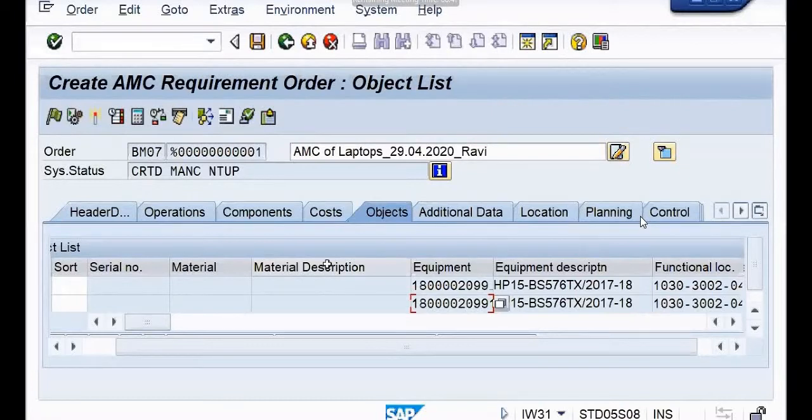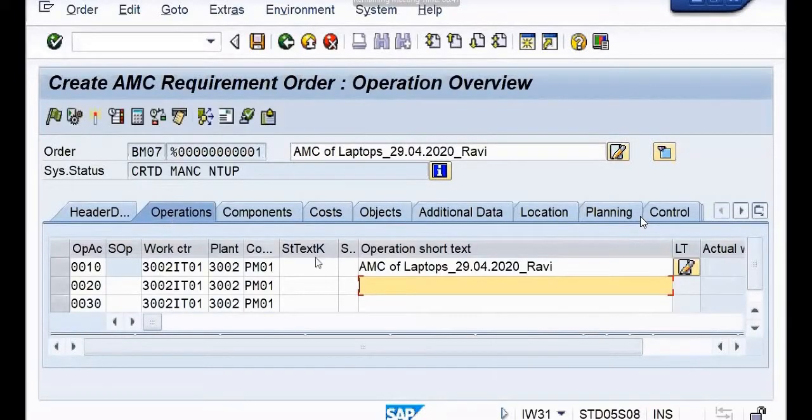Now come to the third tab, that is operations tab, right? Let me enter this. Now, within this operation tab, first of all, what you are going to do is change the control key.